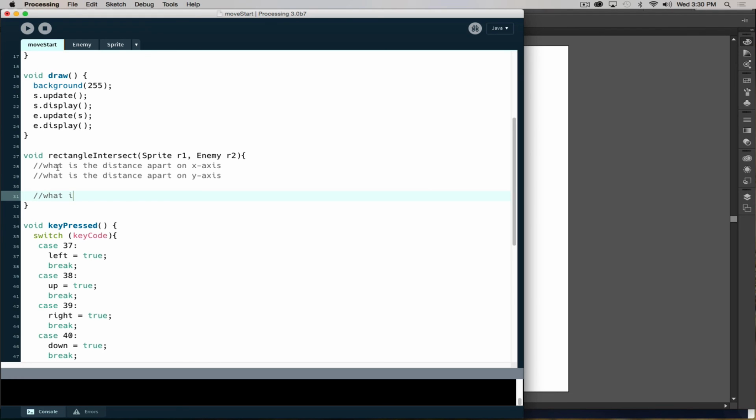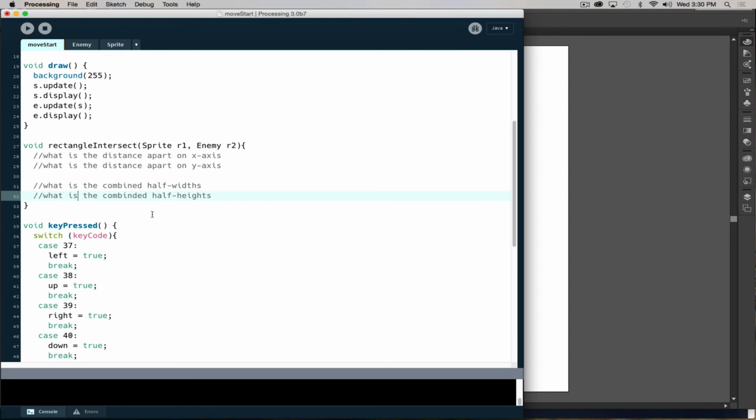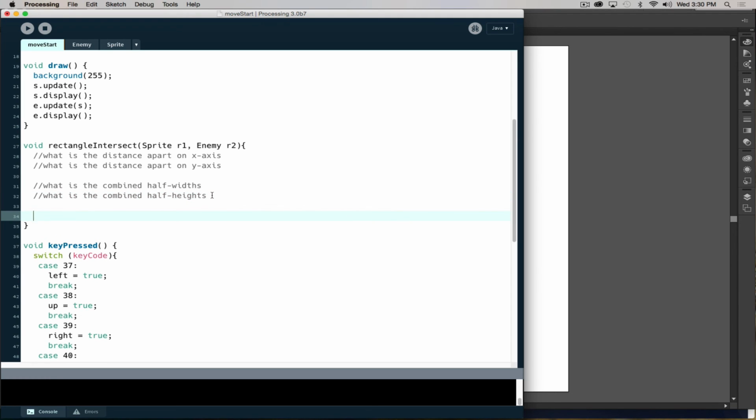Then what is the combined half widths, and what is the combined half heights. And my typing skills are abysmal right now. So once we determine those 4 values,